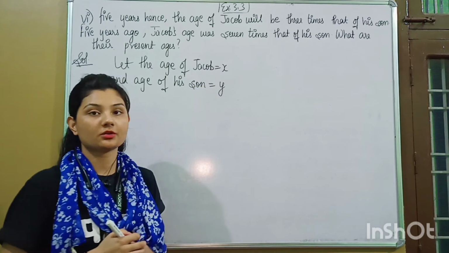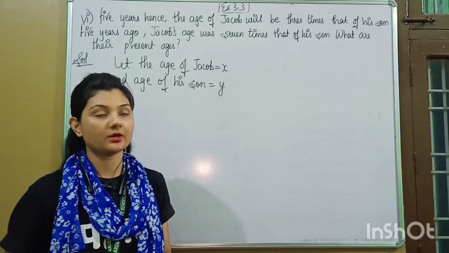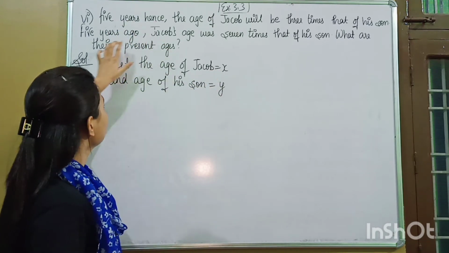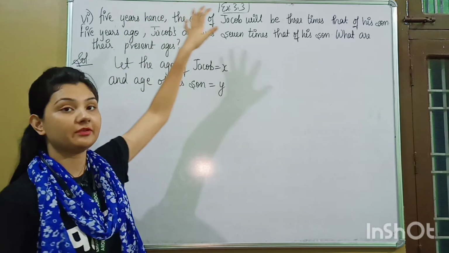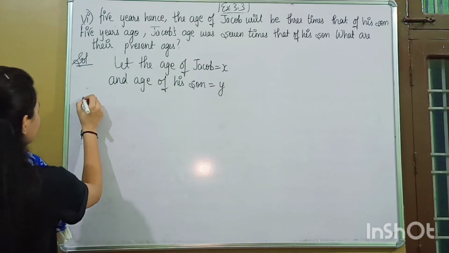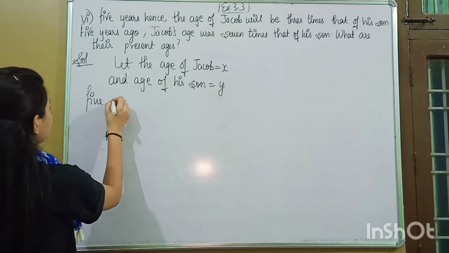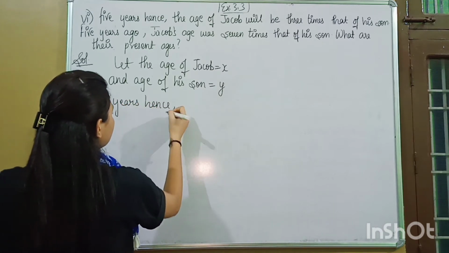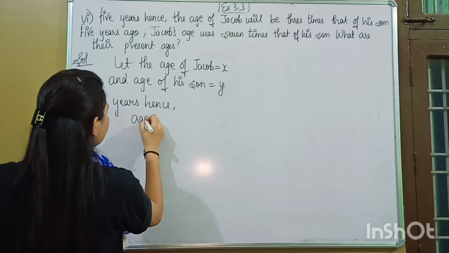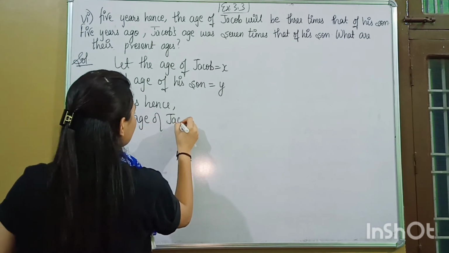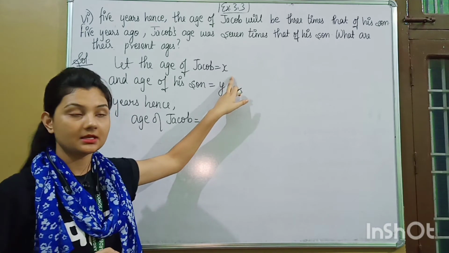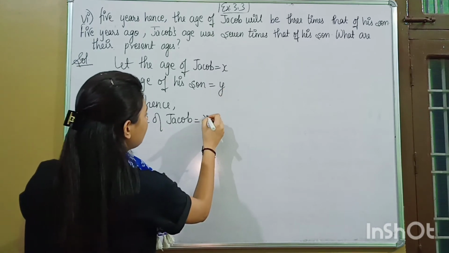Now we will make the equation, but before making the equation we have to find their ages 5 years ago and after 5 years. So 5 years hence, the age of Jacob will be... see, the present age of Jacob is x, so after 5 years his age will be x plus